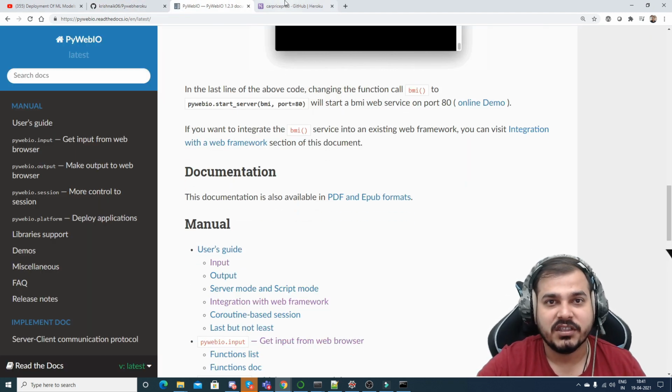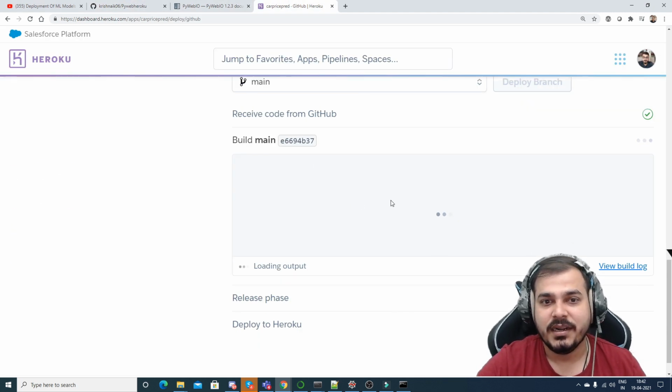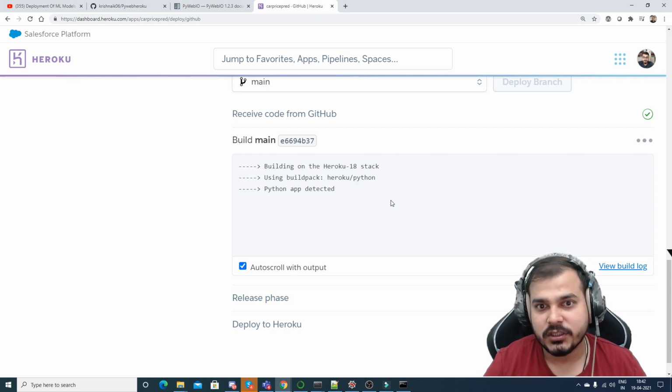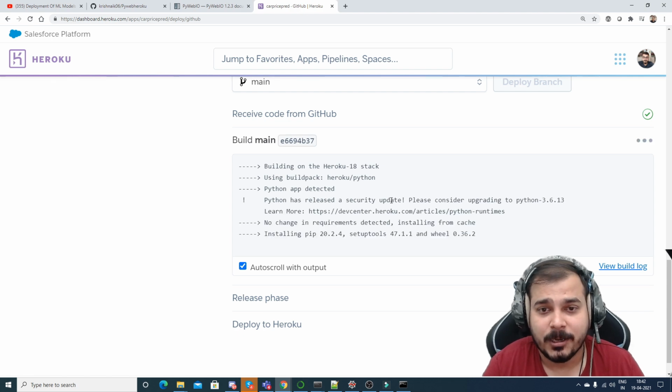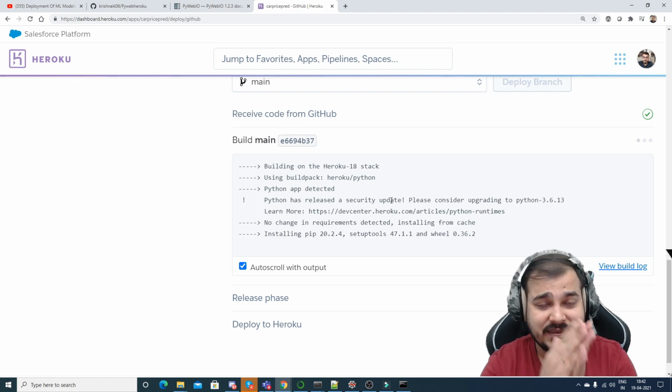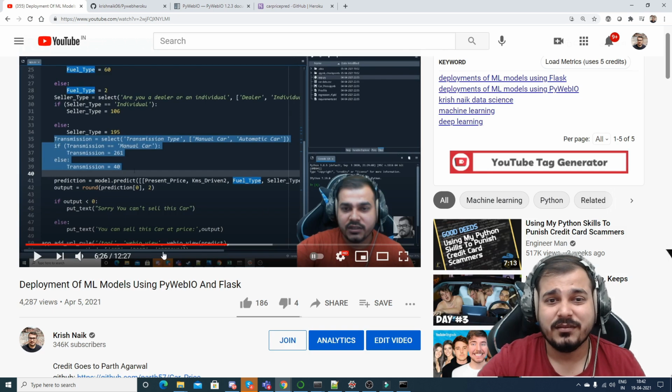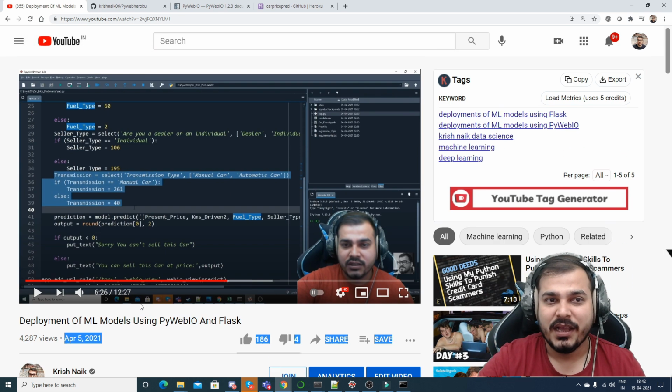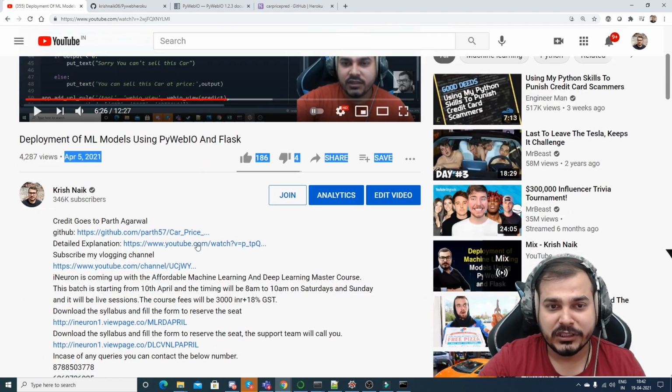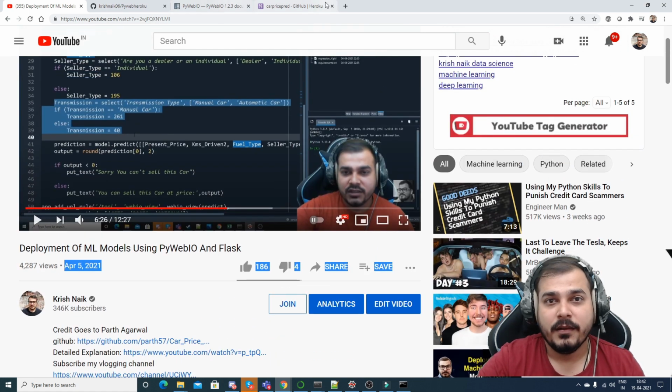So here you'll be able to see step by step. It has started, and probably it will take a couple of minutes to do the entire deployment, and then you'll be able to check out the entire thing. Now again, guys, I've not shown you exactly line by line because those videos have already been uploaded, right? And just recently, on April 5th, I uploaded it. Anyhow, I'll be giving you this link, and you can also check out the detailed explanation of car price prediction, how we have implemented it. Okay, so let's see.